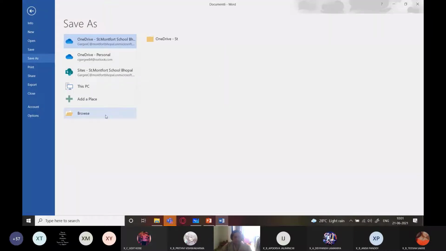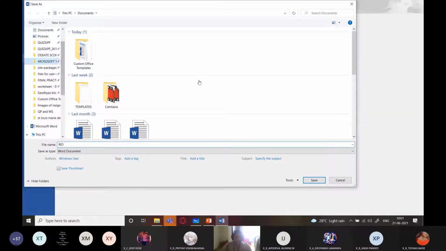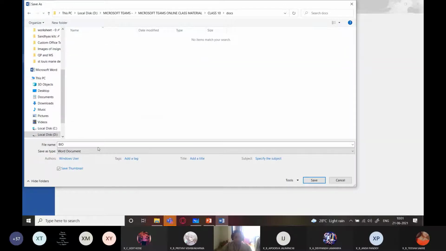So I'll press Ctrl S, browse. Now I will not save it within the templates folder. Why? Because now this is a document based on the template. So I can save it anywhere. For example, I'm going to save it within Microsoft Teams, class 10th folder, docs folder, and here I'm going to write my name.